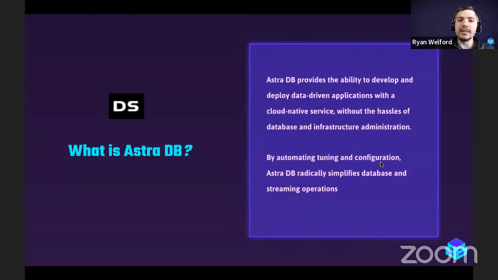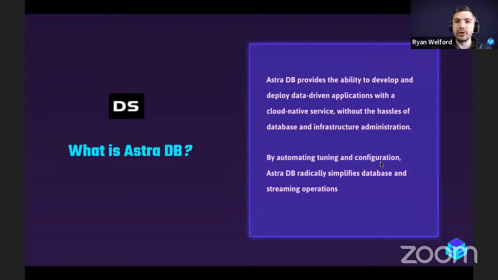So Astra DB is a database as a service built on the Apache Cassandra project, which is an open source database, which is highly scalable and highly performant. And Astra DB provides the ability to develop and deploy data-driven applications in a cloud-native environment without the hassles of